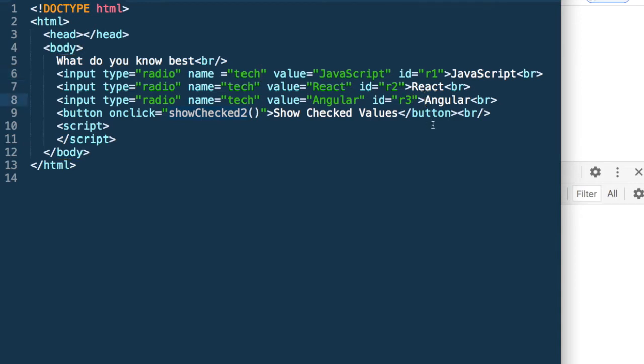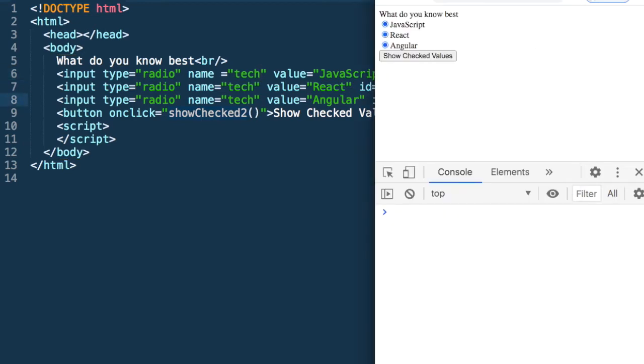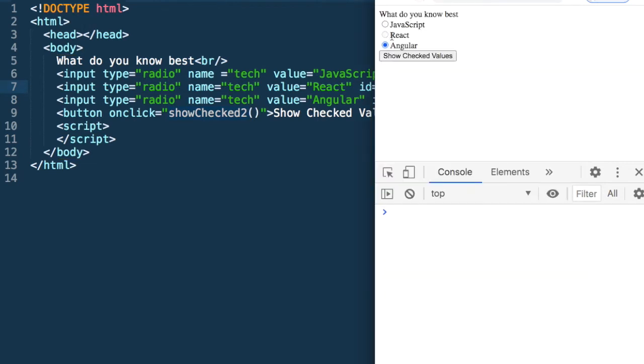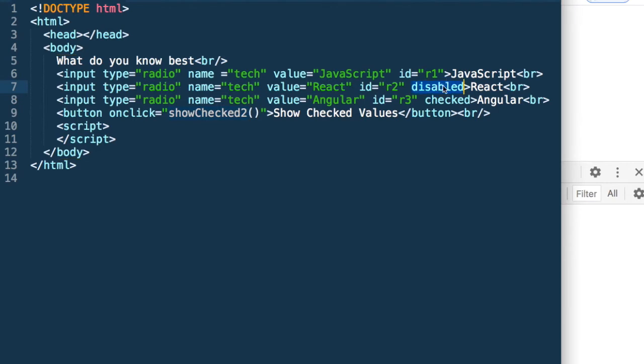We could have also set checked here. If I say checked here and refresh it, you can see Angular has been selected. So one of the values can be checked, and I have set it. I could have put disabled, and that radio button would come as disabled. So React is disabled. So the standard disabled and checked.